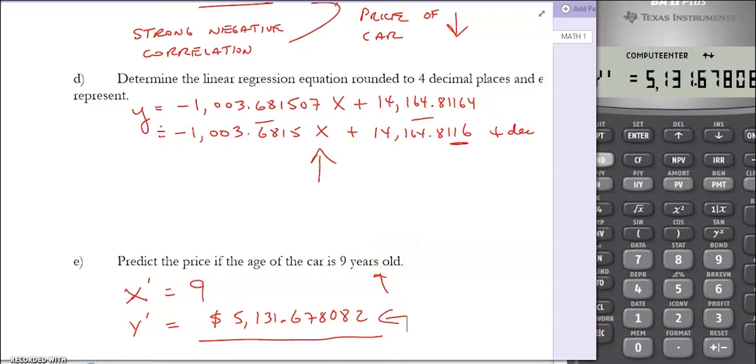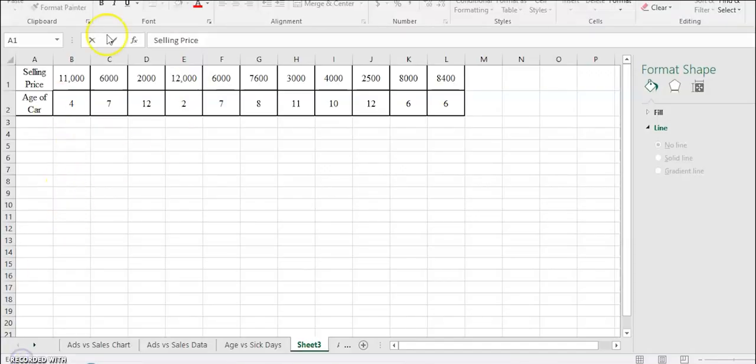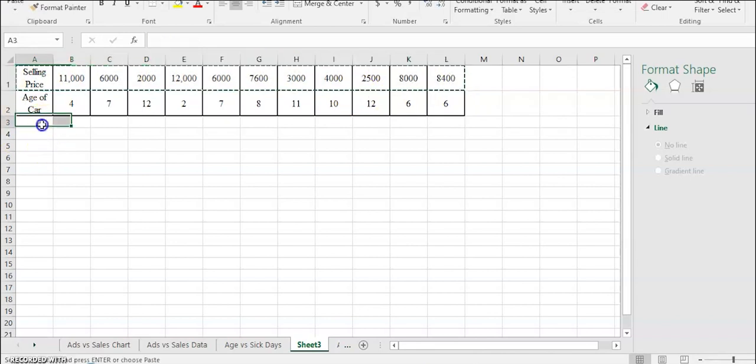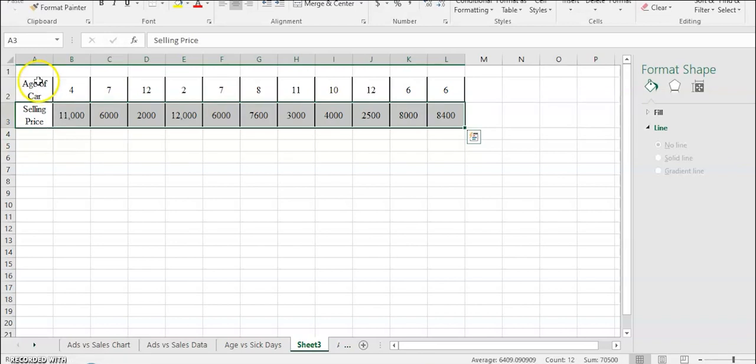Now, let's go back to our data set, and let's put that into Excel, and let's just see how this corresponds with the chart. So here's our data set, and once again, I'm going to put the x on top so that Excel is not thinking for me. Control X, and I'm going to put that down here. Okay, so the age of the car is first. That's going to make it independent, putting it along the x-axis, and then the price of the car will go along the y-axis. Select your data,